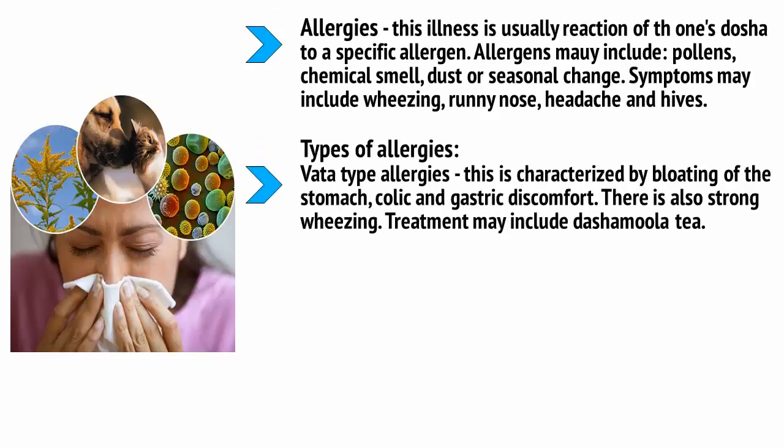Types of allergies. Vata-type allergies. This is characterized by bloating of the stomach, colic, and gastric discomfort. There is also strong wheezing. Treatment may include Dashamula tea. To prepare: